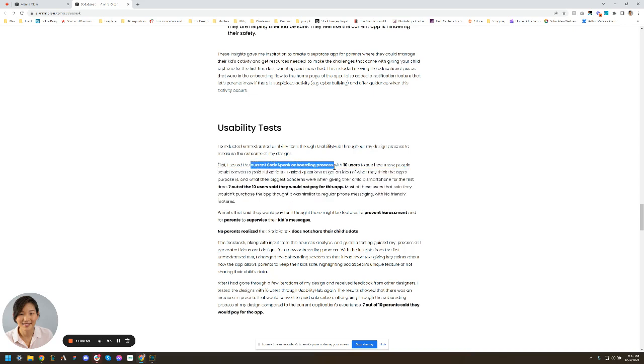You can say usability, or maybe right under it, say you tested the current onboarding process. So now you're saying that you tested it. Oh, you already say it here: I conducted a moderated usability test through Usability Hub. Perfect, you said it here, so you don't need to say it again. You could even say 10. So I conducted 10 moderated. So now you got rid of this whole thing, right? And then you can say objective: see how many people would convert to paid subscribers. And then